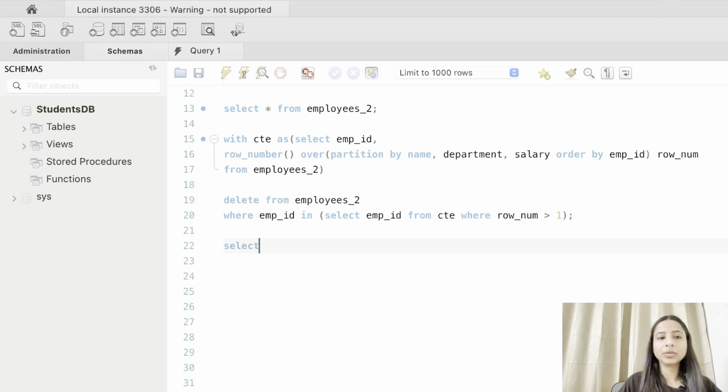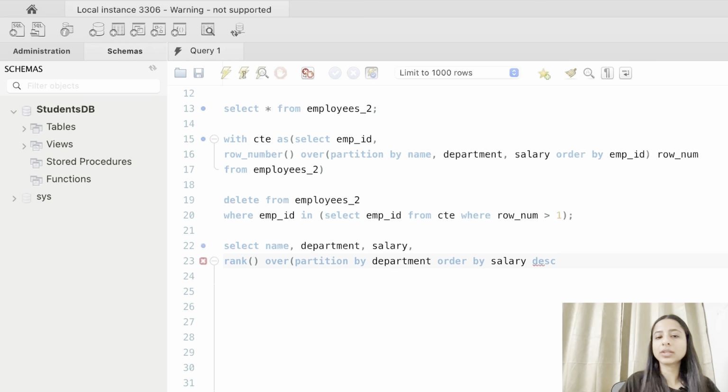So we'll be writing select name, department, salary, rank over, now we will be partitioning it by the department, and let's say we order it by the salary from highest to lowest again, and we give it an alias as RNK, as in the rank, from the employees table.